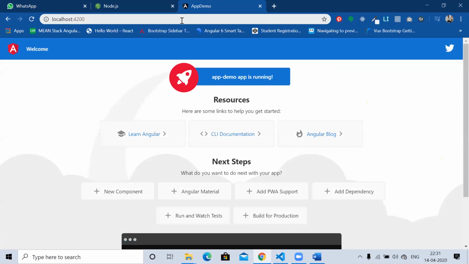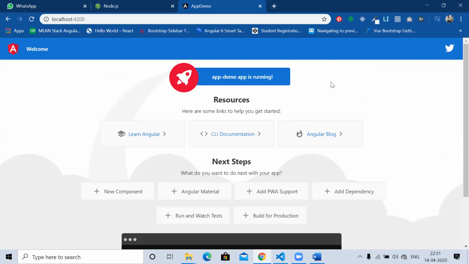When we enter it here, the application came. As we created the application name, here it's app demo. So the app demo app is running here now. After creating the application, you will get this design, all those things implemented inside the application. When we start the implementation, we will remove all those things that you are getting here now.